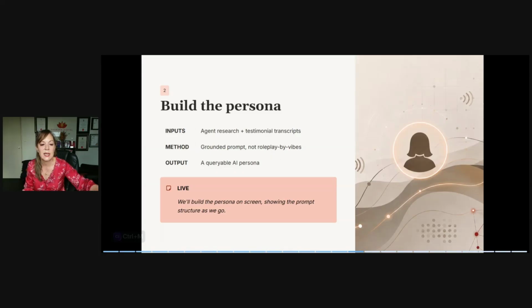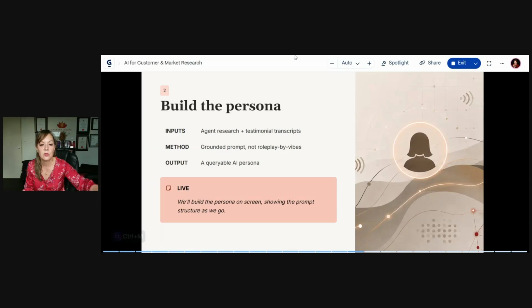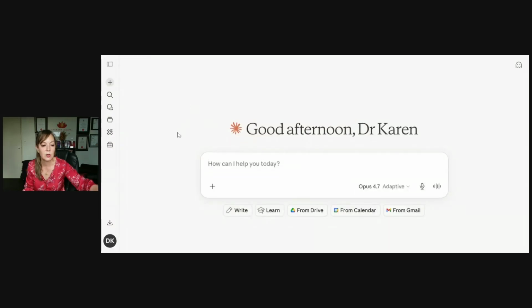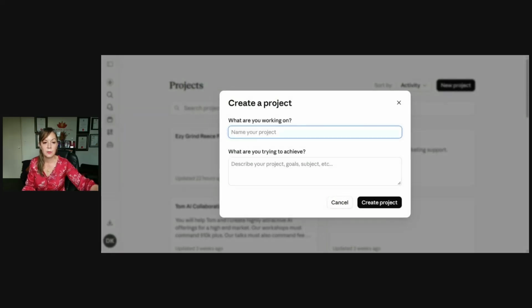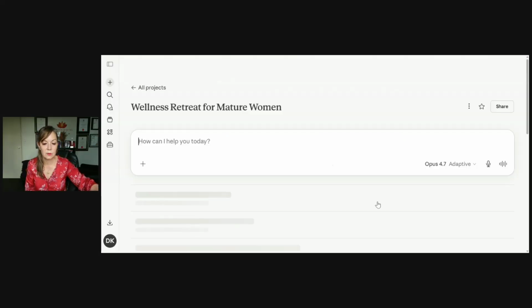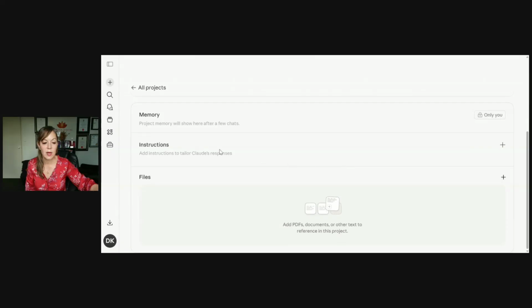So what we're going to do now is go to Claude, and in Claude, we're going to create a project. And we'll just call it Wellness Retreats for Mature Women. And press. Now in here you have instructions.